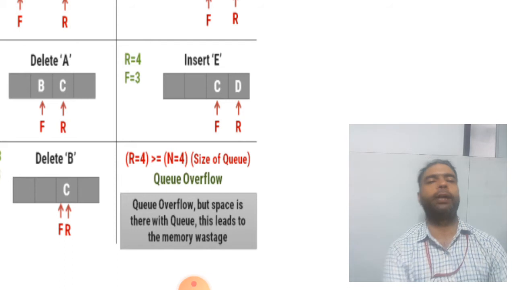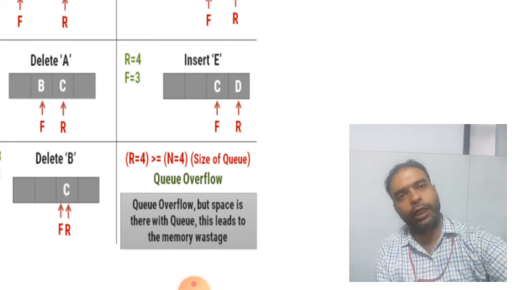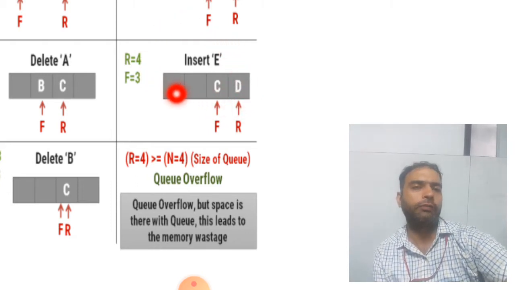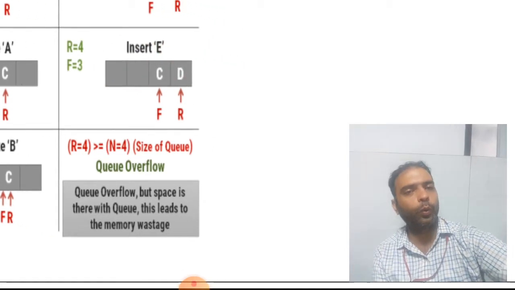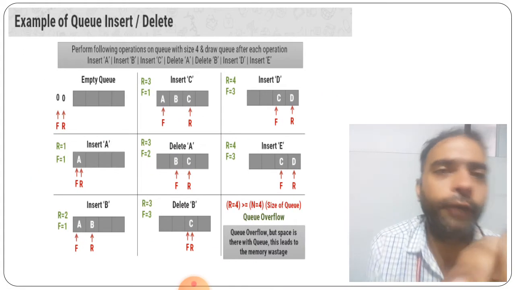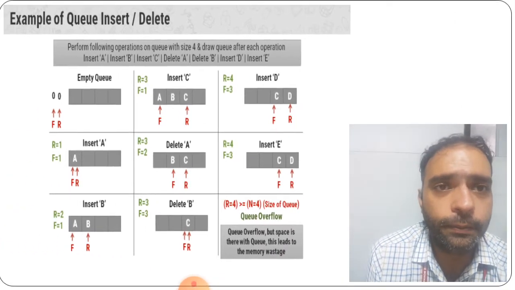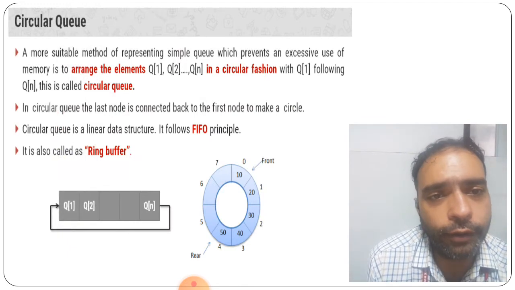So for that memory wastage, what we can do is delete one by one both of these, and after that we will get this first value again to be filled up, then we can again and again insert the new value in it. So this is how we can insert and delete in this queue. So this particular part. Now circular queue is given here.